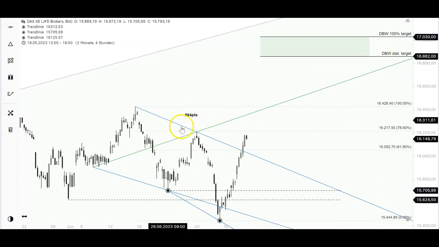83% of that greatest amount, and you measure it from that third touch here, which was the fifth hit, by the way. Again, every pattern has 5 touches: first, second, third, fourth, fifth, and you end up with a statistical target, very ambitious, new all-time high at 16,862, and the 100% move would be at 17,030. If we take that whole amount, that